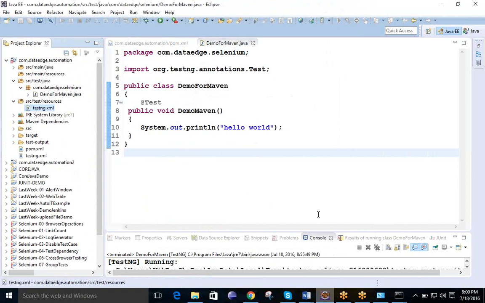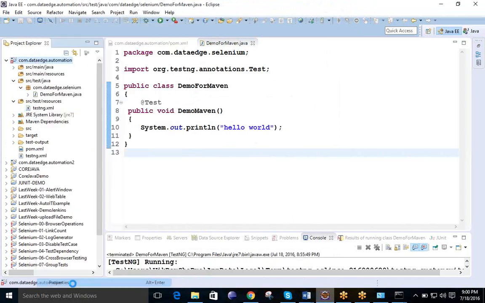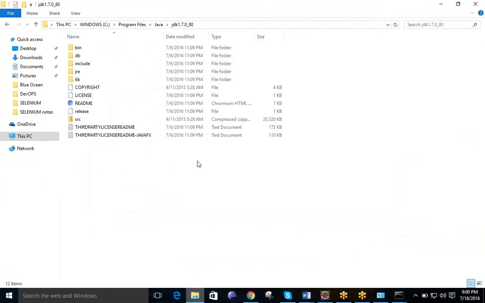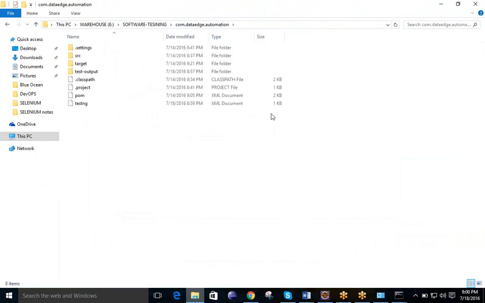Then we have to see how we can go to the location of this project. So first you need to click on that project, go to its properties, and you need to go to this location. How can we go to this location? You can search directly for that location. Here this is the location.